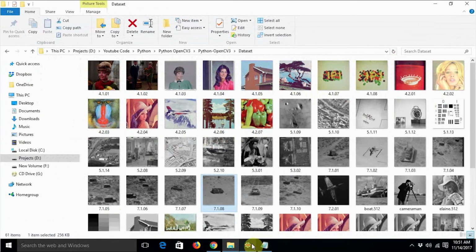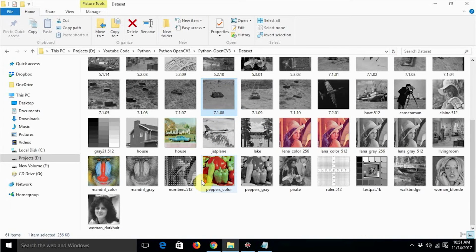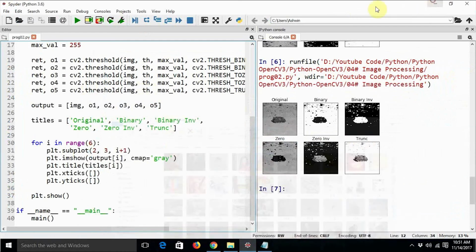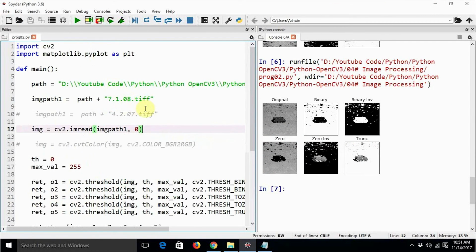Let's try to seek candidate images where we can really check this stuff. The cameraman is also one. Okay, so let's check the background. It's a TIF file, right? It's cameraman.tif. So let's use this image and see what happens.